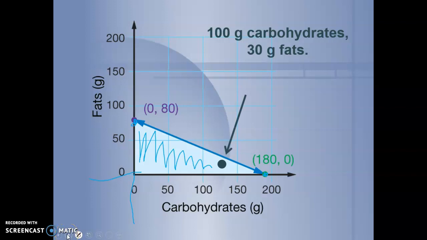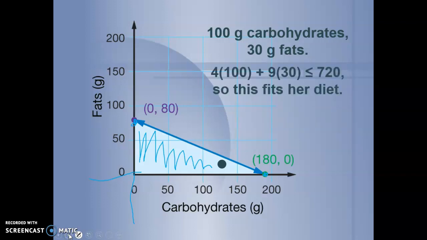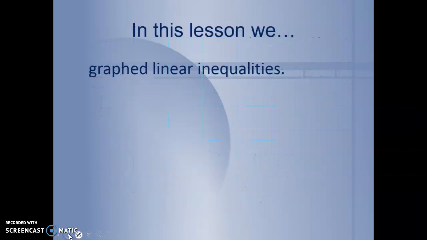Here we could test this value, 100 grams of carbohydrates and 30 grams of fat. That does equal a calorie amount less than 720, so this does fit into her diet plan. Right, in this lesson, we graphed linear